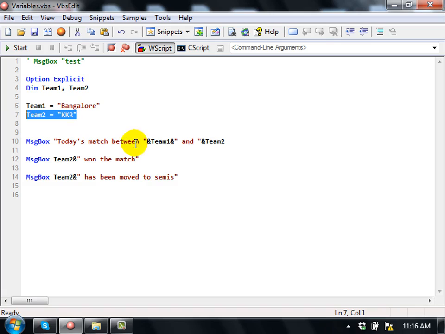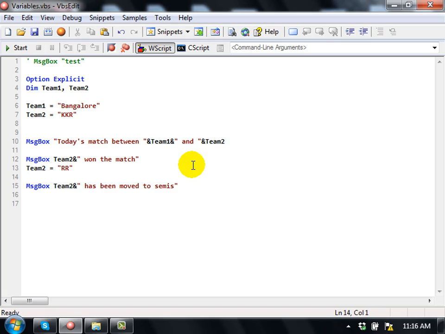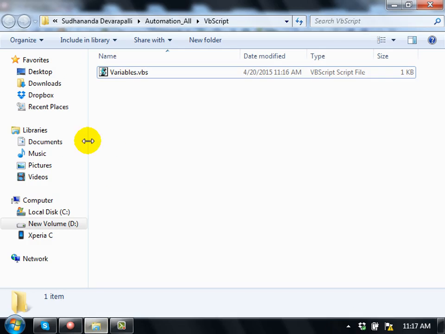KKR. Then after executing 1 or 2 lines of code, based on certain conditions or situations, the value has been updated. That's called dynamic. You can update the variable value in between the program, not only once, n number of times. Now if I execute that,